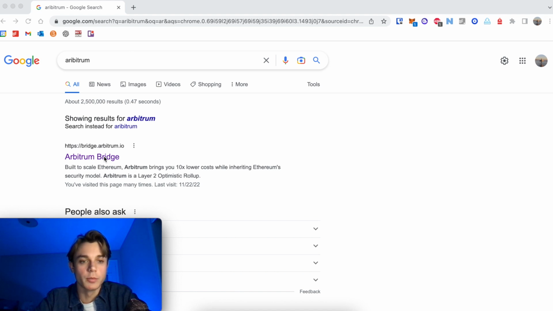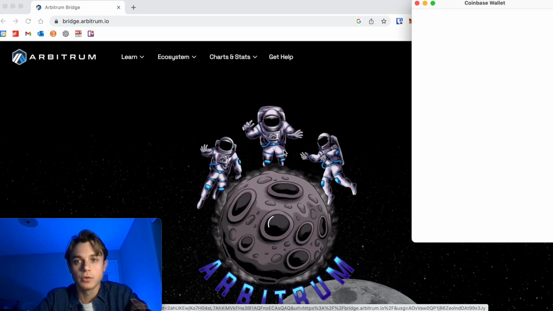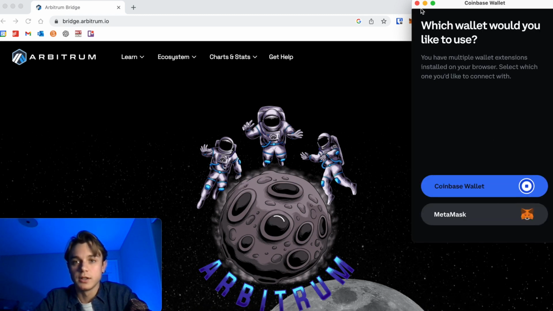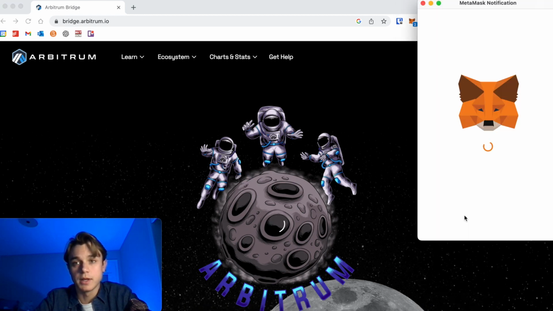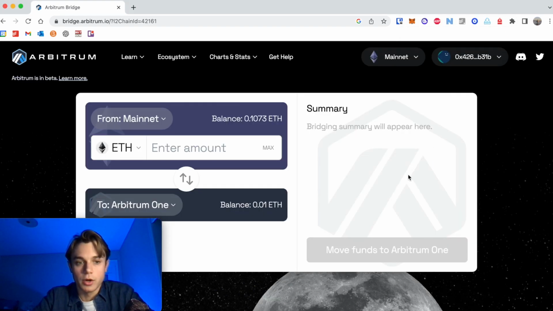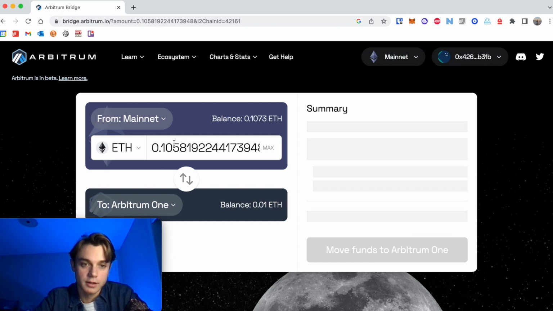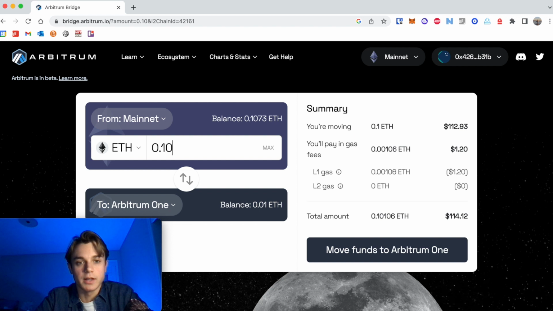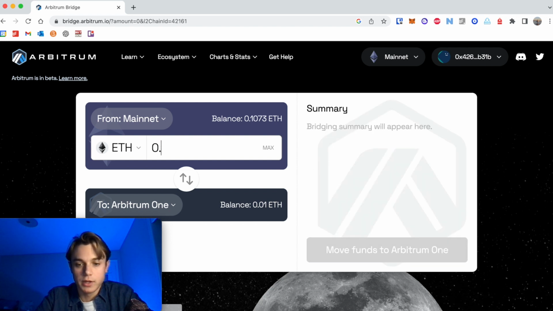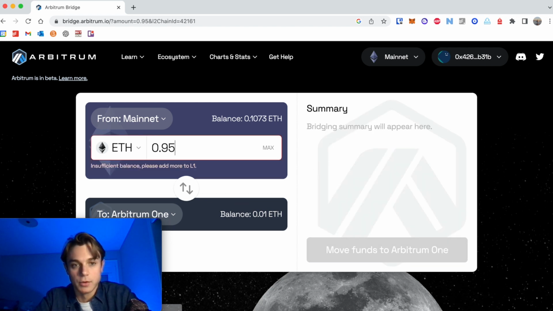Taking a look at Arbitrum, which is one of the most exciting L2 platforms. We can come over here and we will switch to Metamask, of course. So now we're logged in with our Coinbase wallet. We'll go ahead and click max, of course, not moving our max amount over there. I'm going to go ahead and move over 0.95